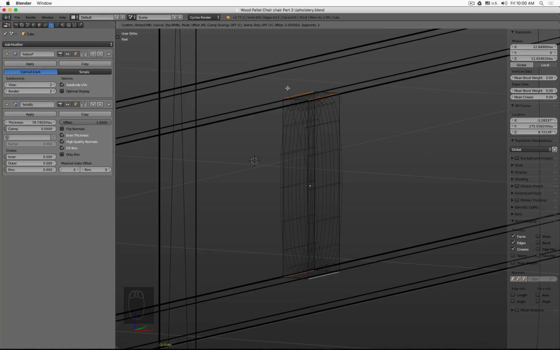Okay. And then when you move your mouse a little bit, you see you can adjust the size of how, for example, an edge will be beveled. Currently this is set to something that looks like a chamfer. If we move the mouse wheel, you see we can add more details to it, but it's a little bit tricky to see this. So I will simply adjust this a little bit and then press left mouse button,